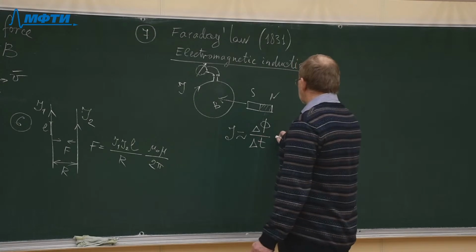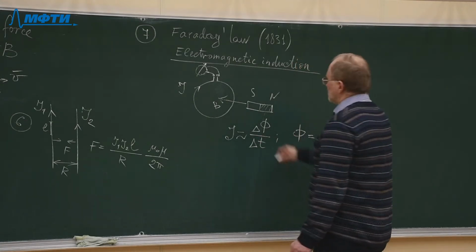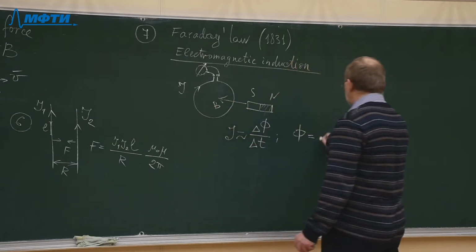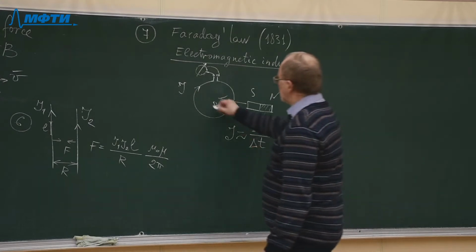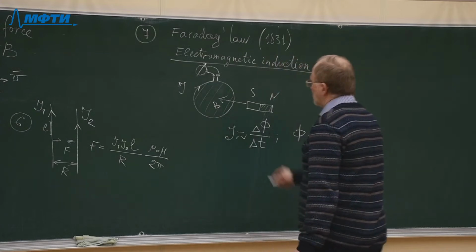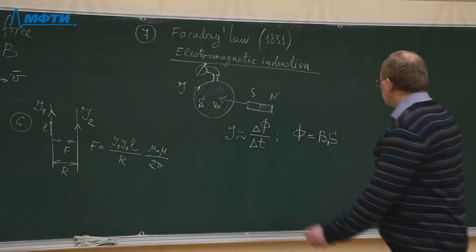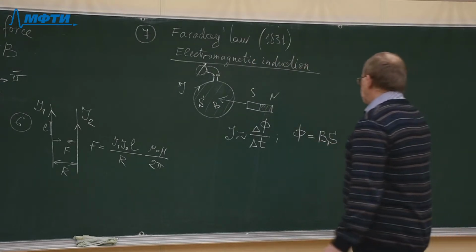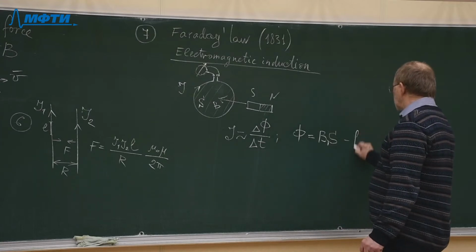A magnetic flux is defined as the magnetic induction times the area of the loop. And if this magnetic flux changes in any way with time,